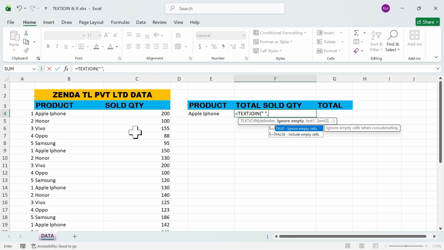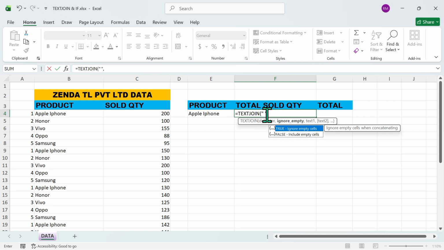Before I continue, let me just give you a brief summary of what is happening here. You can actually see that these are smartphones which were being sold in different weeks. 1, 2, 3, 4, 5, that was the first week. 1, 2, 3, 4, 5, the second week. 1, 2, 3, 4, 5, third week up to the sixth week. So we want to place those quantities for each and every product in one cell, separated by the space